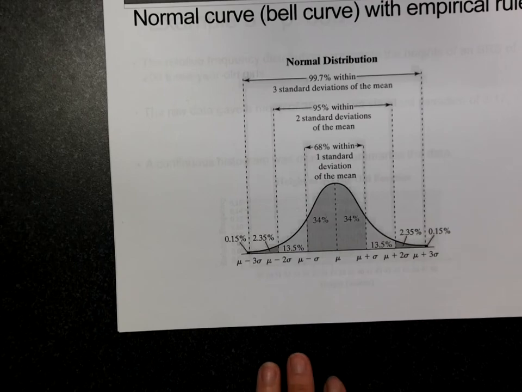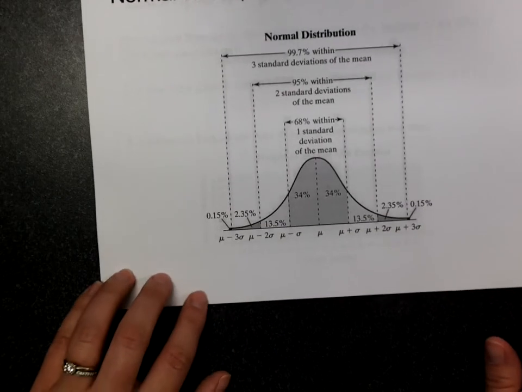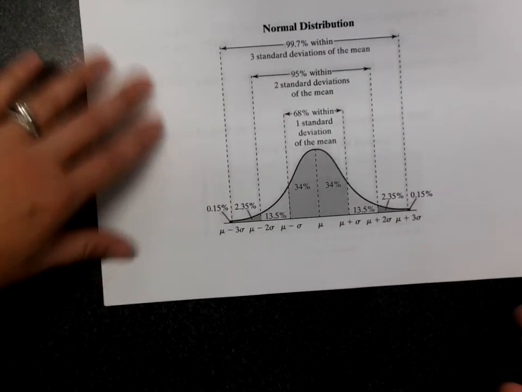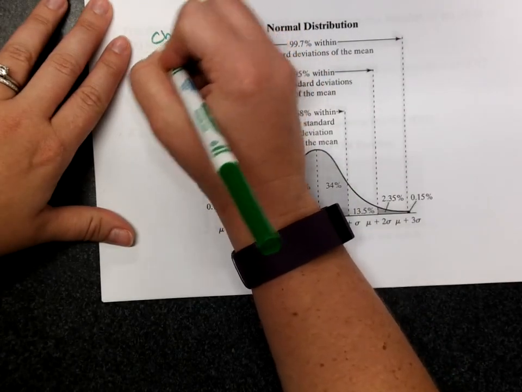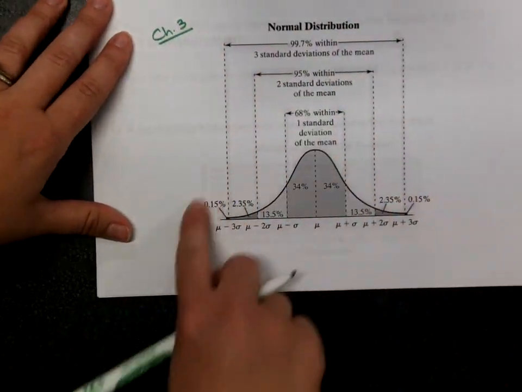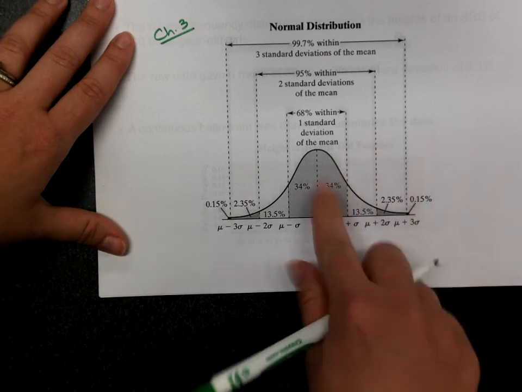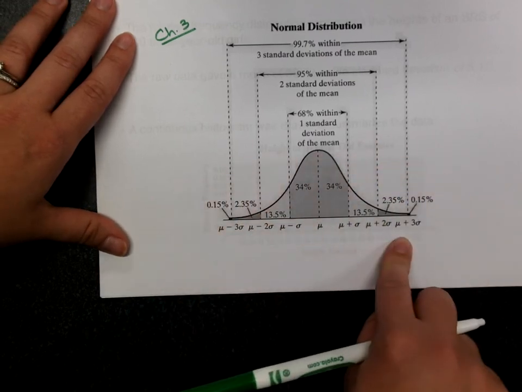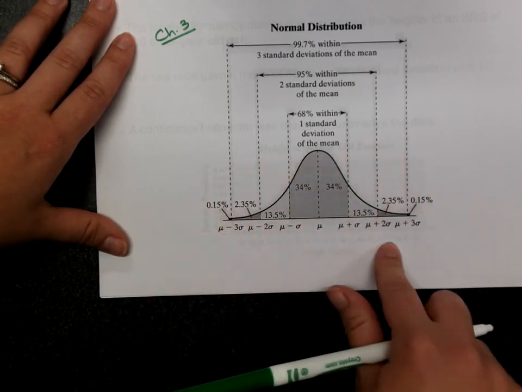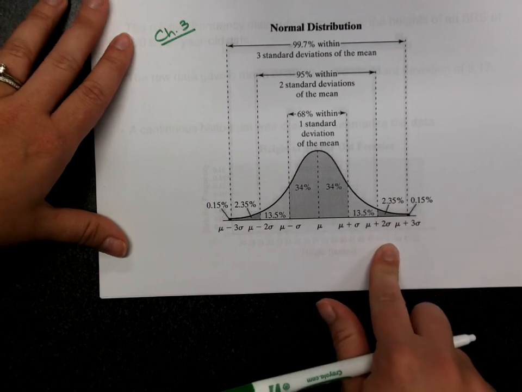So here's the empirical rule broken down again. This should look familiar from chapter 3. All the same things are true. We're not going to use all of these numbers because we're going to be more precise about it, and there's a function in the calculator that will give us more exact answers than this, but this general division is still